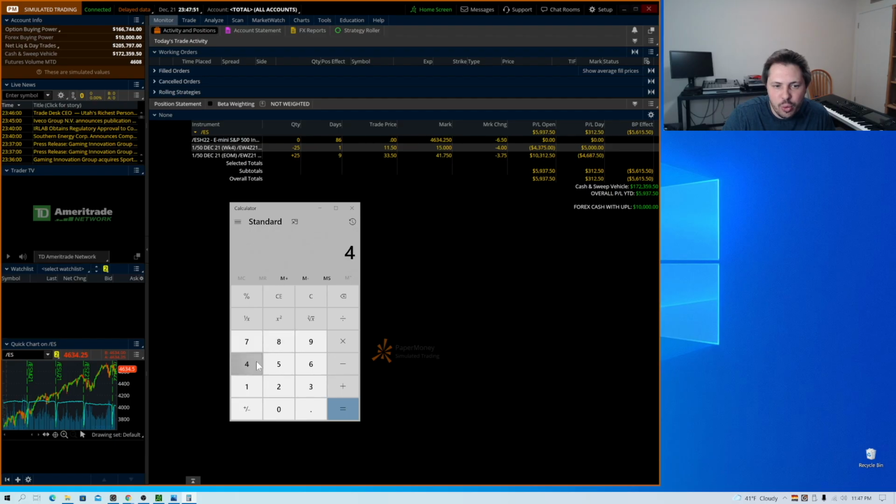Now, when we look at what this is worth now, we can see that the back options are worth $41.75 minus the front option, which is $15. So we can see that this spread has widened, and we have now made money, because this spread is now worth $26.75, but we only paid $22 for it. So $26.75 minus the 22, that means we're up $4.75 times the 50-point multiplier gives us